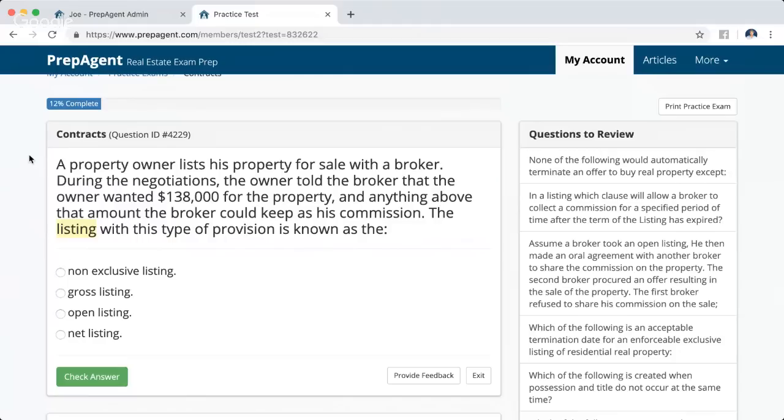Janae, no, it's different. The question of the day is not the same as the one on Instagram. They pull from different sources, so those are different questions. So Brian says, is net listing illegal in all states? No, it is not. It is illegal in most states, Brian, but it's definitely frowned upon in all states. Whether it's legal or not, it is a horrible idea to do.